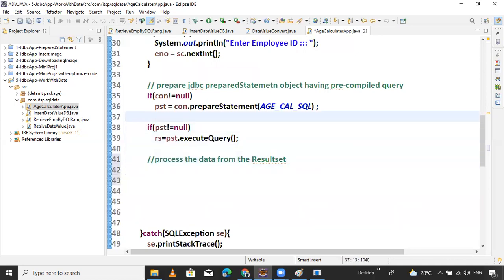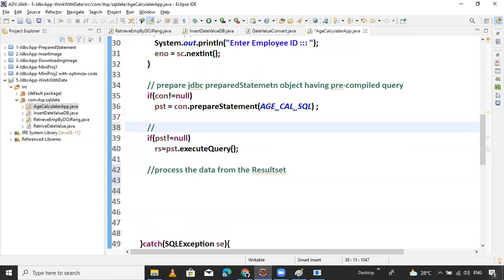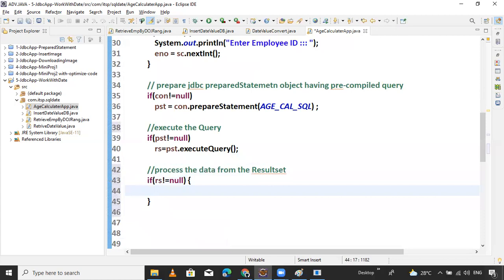Now here write down something: execute the query. That's it. Now here process the result. So first check if RS not equals to null. RS should not be null, then process the result.